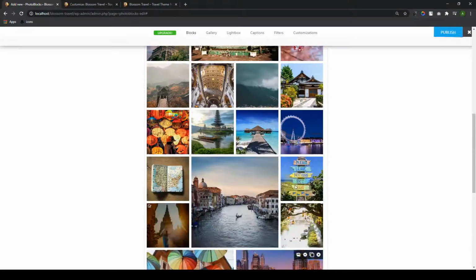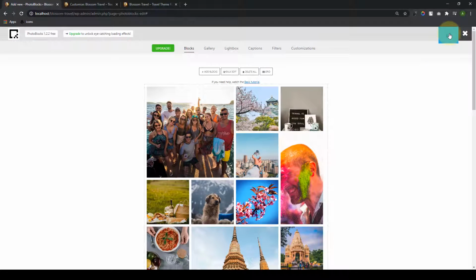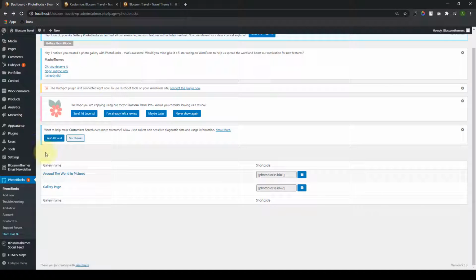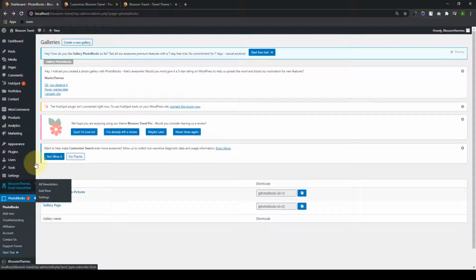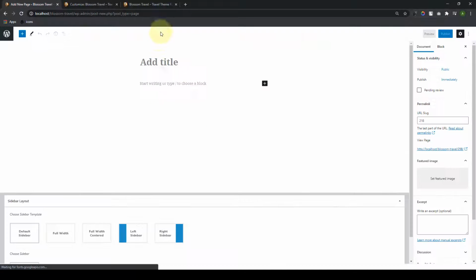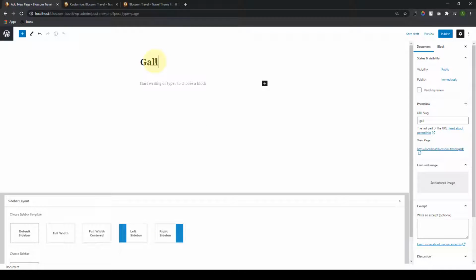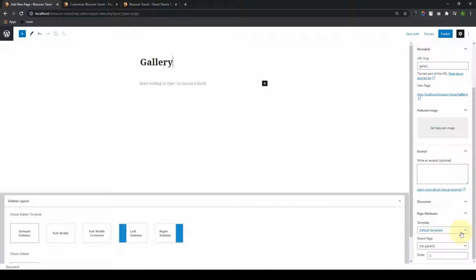And after you are done setting up the layout, click on publish, and we'll have to go back to our dashboard. So give it a refresh. Alright, now the gallery page that we had just created is also showing. So go ahead and create a gallery page. Go to pages, click on add new and give it a title. So from under the templates, you will have to choose the gallery page template over here and simply click on